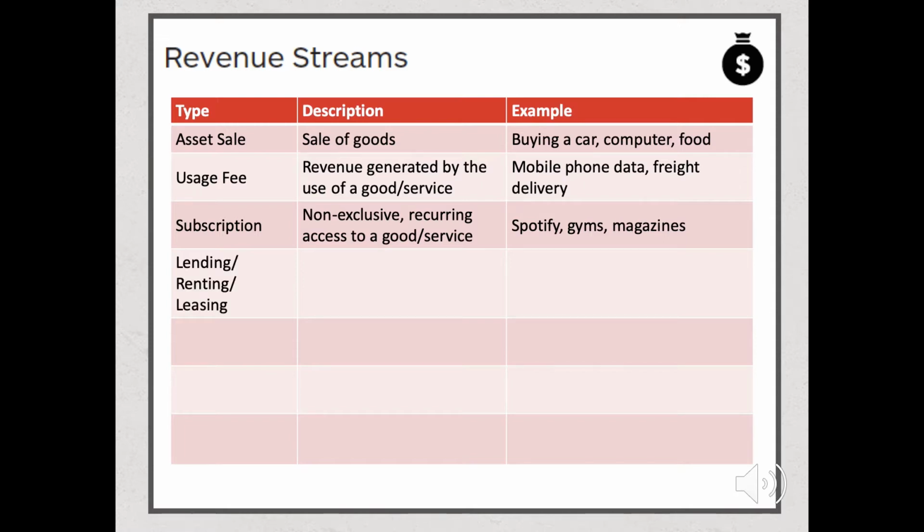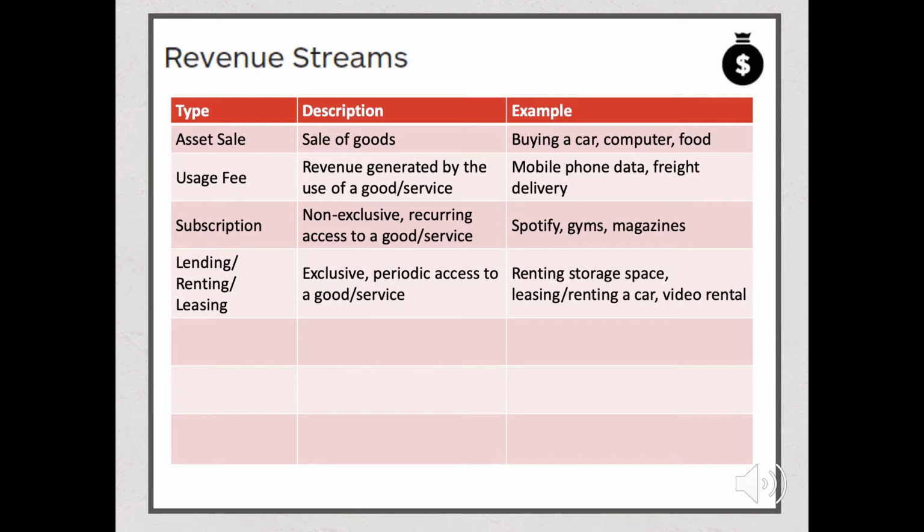Lending, renting, or leasing is where you're offering the exclusive access to a particular good or service for over a period of time. So most of us would be familiar with renting a car or, for example, renting storage space or an apartment even. Licensing is where we're actually getting permission or providing permission to use the intellectual property owned